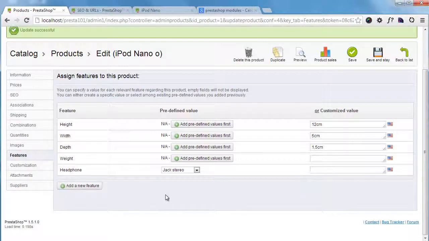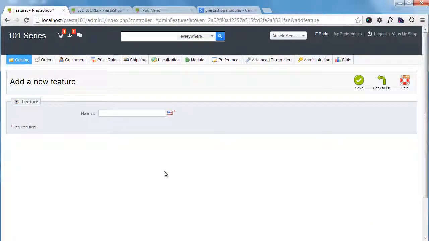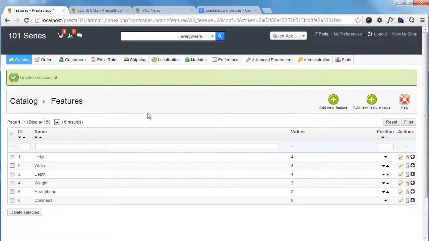So I already saved this, and I can go ahead now and create a new one, since I want to add, for example, well, let's just call this coolness. So yeah, a coolness feature. So I will go ahead and add a new feature like this. I will set the name to coolness and save. Now I will be brought to the features page, and here you can see a whole list of